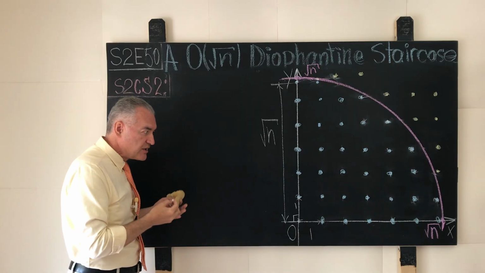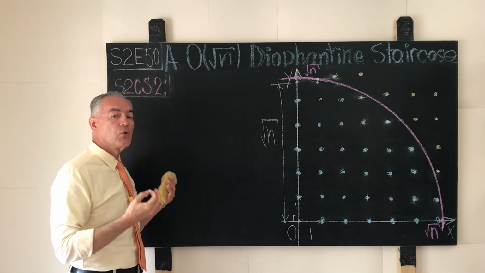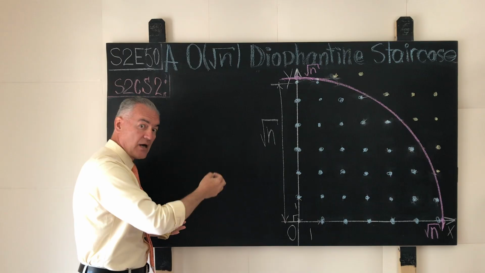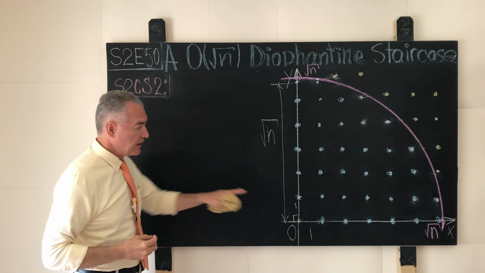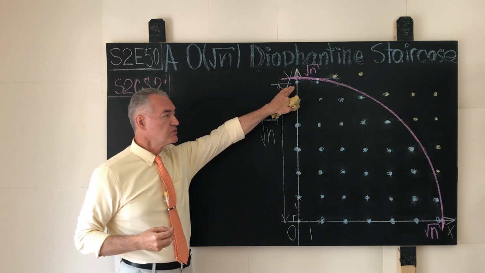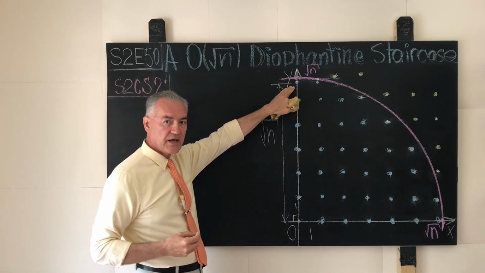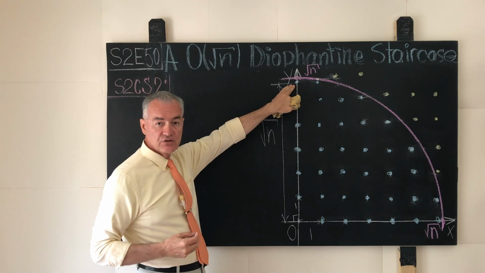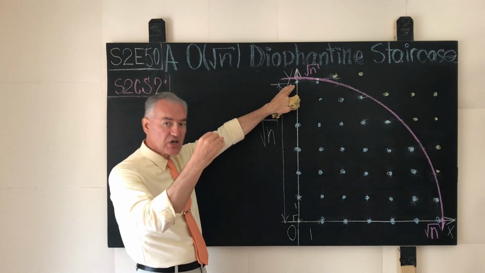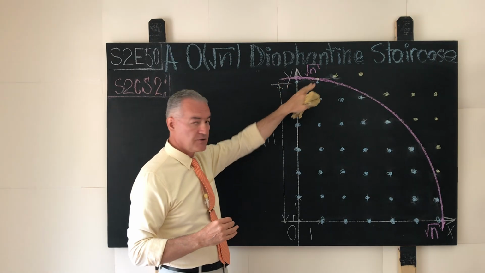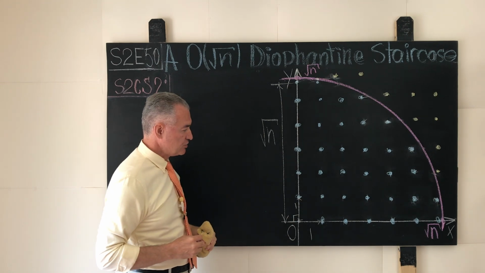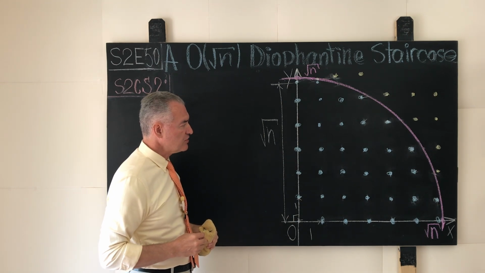This is where the technical essence of the advantage that we will gain in the upcoming algorithm lies. By climbing up the y-axis to the highest legal point, the highest point with an integral coordinate that sits just under the bounding arc of the origin-centered circle of radius square root of n,